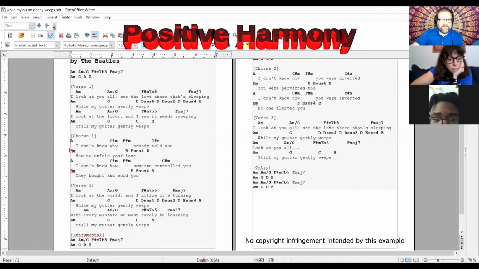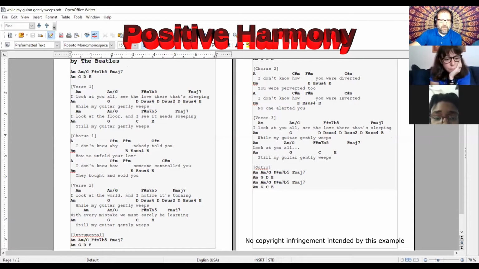Look what happens. Now we have A major, C sharp minor, F sharp minor, C sharp minor, B minor, E. These are all chords from A major. But we're in A minor. See, so this is our positive harmony strong section here, because all these chords are what I'm talking about, positive